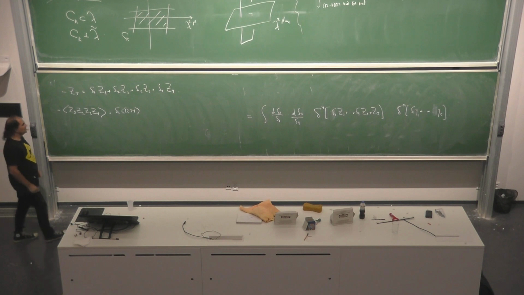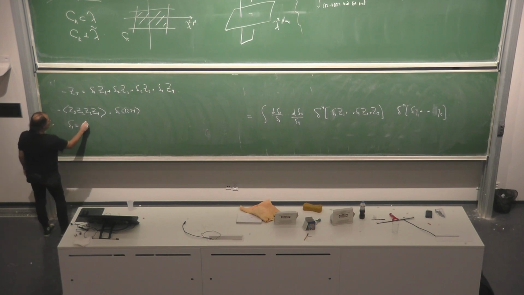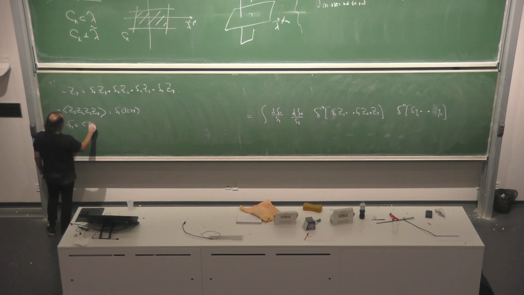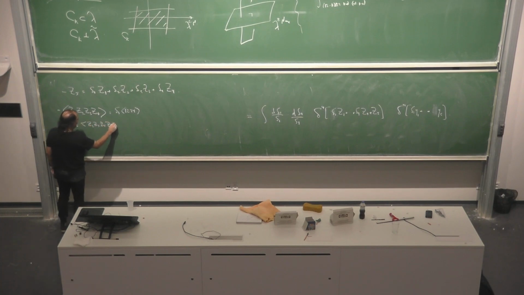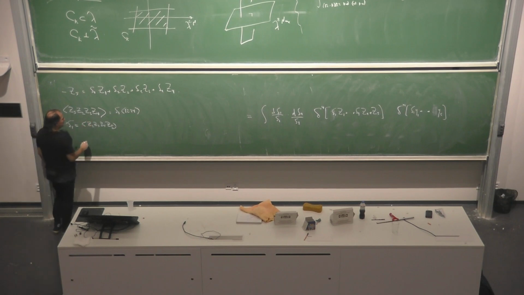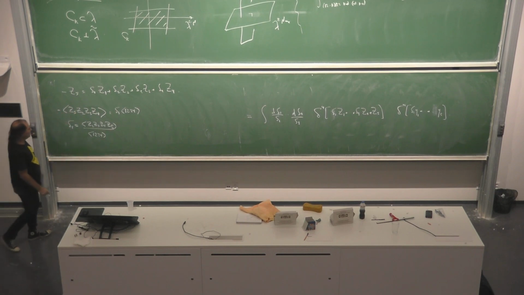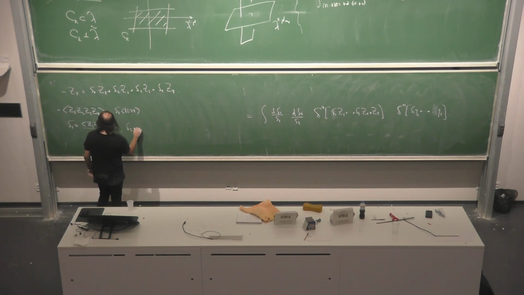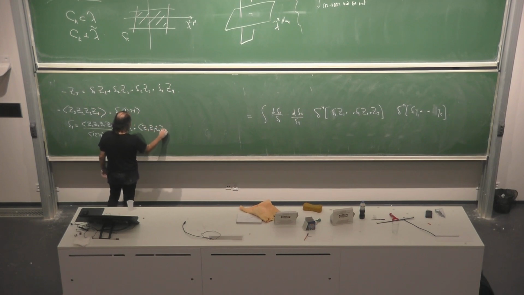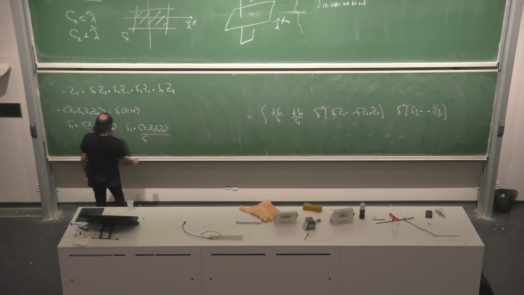Right? So δ_1 is equal to ⟨z_2 z_3 z_4 z_5⟩, I got rid of the minus sign by pushing it all the way to the right, over ⟨1234⟩. And so on. Okay, so you get δ_2 is equal to ⟨z_1 z_3 z_4 z_5⟩ over